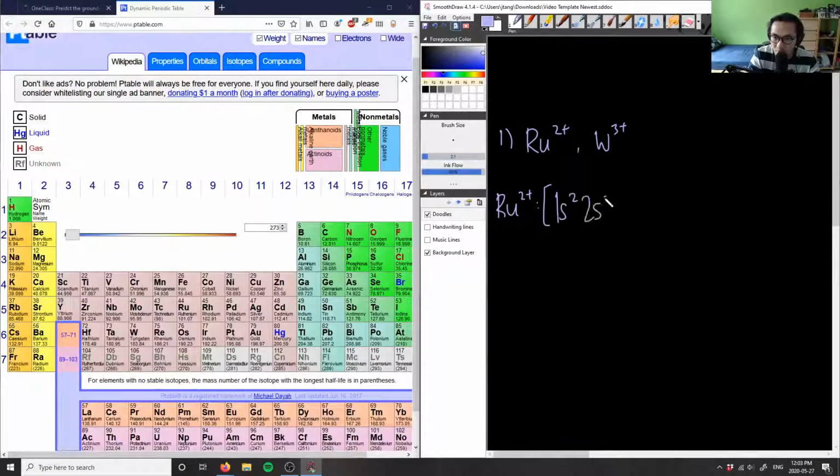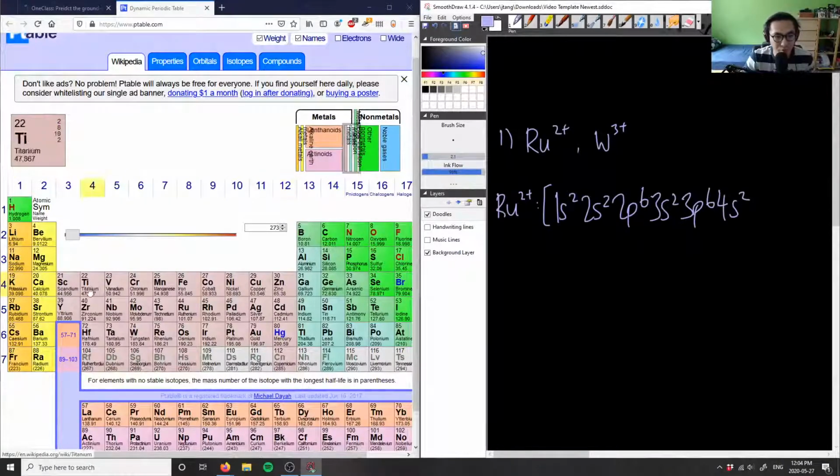I also have 2s2, and 2p6 is this block over here. The noble gases are cut off, but it's 2p6 here. 3s2 and 3p6 for the third period. 3s2, 3p6. We have 4s2 here, signifying those two elements,